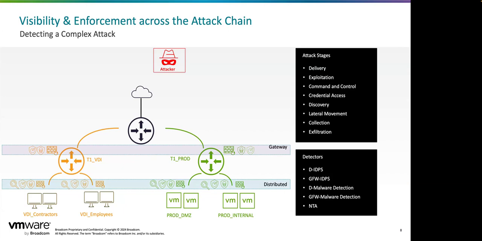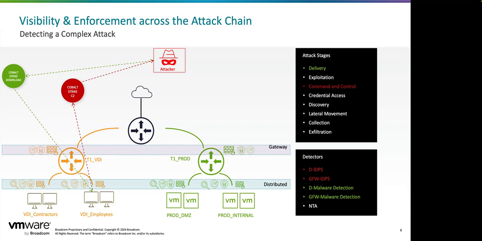Attackers, as we look at the attack stages, stage one, delivery. How do we get into an environment? Maybe it's a VDI system. Employee clicks on some unknown link, opens something that they are not supposed to, and we get delivery of some malicious payload into the user's desktop, virtual desktop. Then we have command and control traffic,